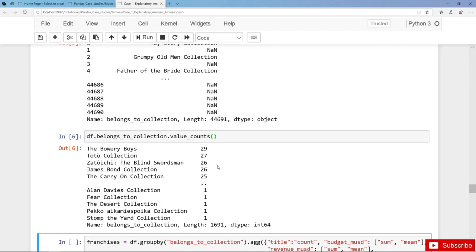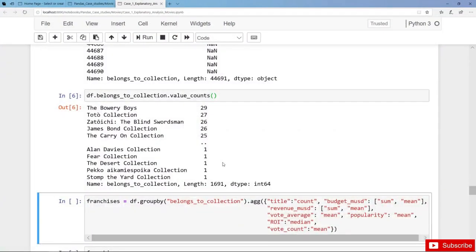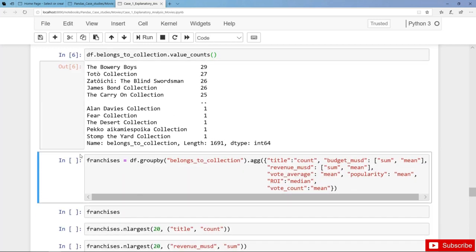on. And now let's create an aggregation and an overview where we can see at a glance, for instance, the average revenue or the total revenue for each and every collection or franchise. And we create the aggregated data frame franchises and we group the DF by belongs to collection. And then we create several aggregations. So on the title column, we count actually the number of titles or number of movies in each and every